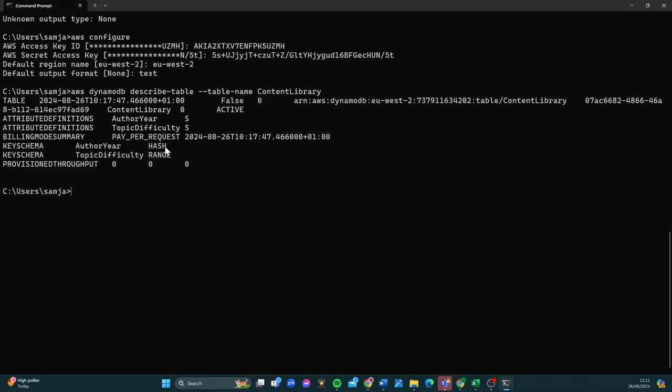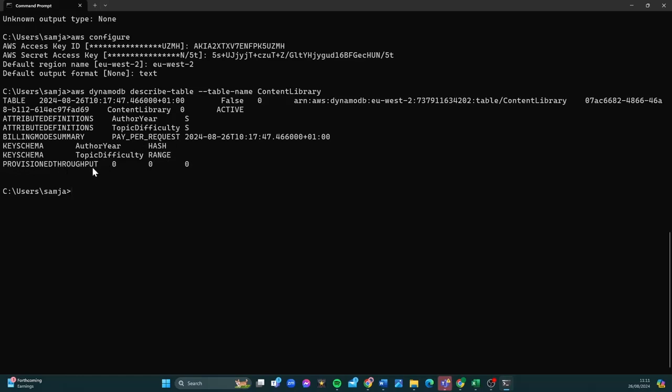And a part is a spatial word. It's about where on the server, on the disks in the Amazon data centers, the data is stored. So it's actually a physical location, very small locations, pretty close together for us, but they are spatial locations at the end of the day. So the hash key, also called the partition key, and then we're using topic difficulty. I've squashed the topic and the difficulty together, and that's going to be my range key. So we have our hash and our range, called sort key,